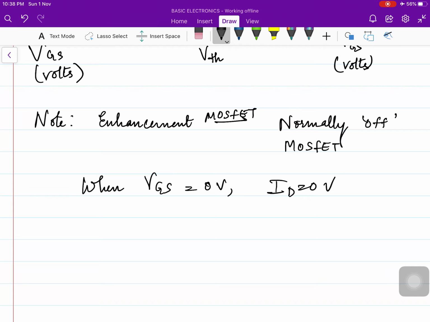So I hope you must have understood various differences also between depletion and enhancement MOSFET. The major difference is that in the case of depletion MOSFET, channel is physically present, while in the case of enhancement MOSFET, it is physically absent. Depletion MOSFET is called normally on, enhancement is called normally off. Then you can draw the circuit symbols in order to show the difference. All right, you can draw the characteristics of both the MOSFETs in order to show the difference. So this is how we learn